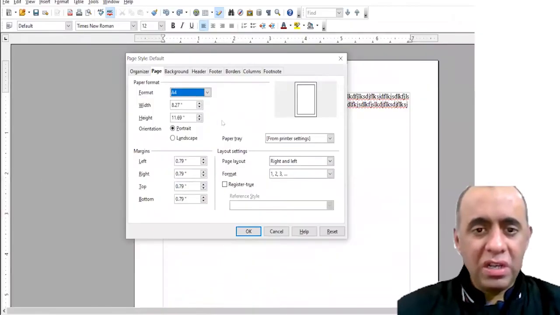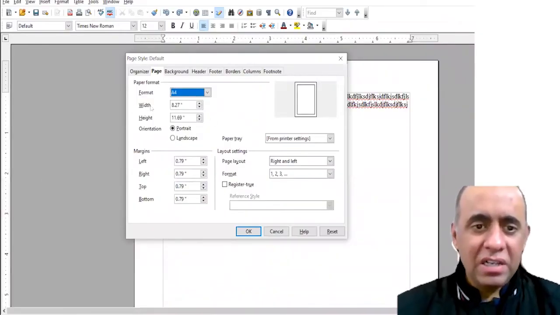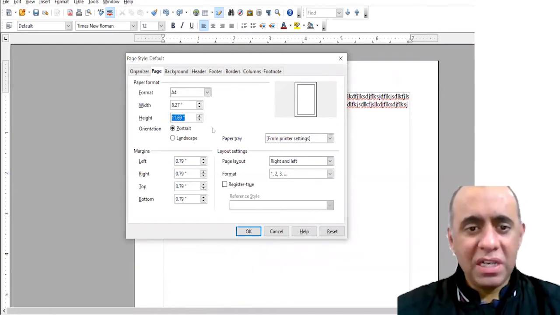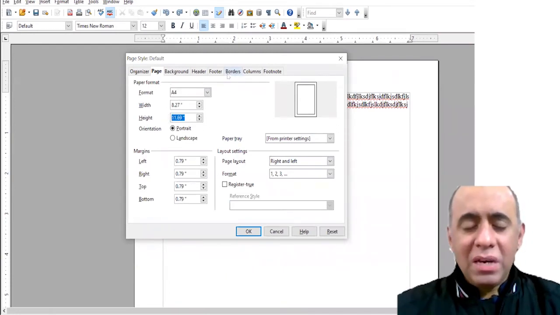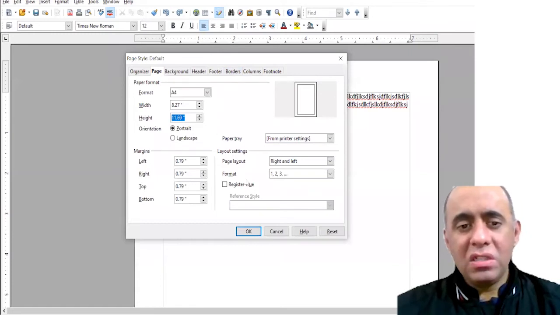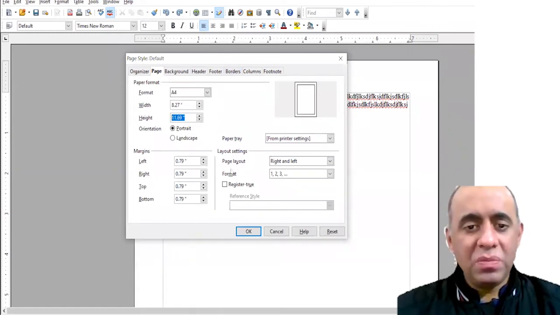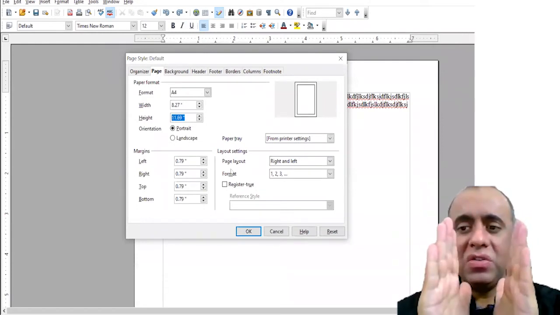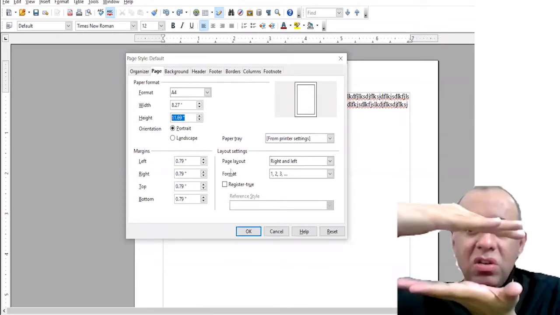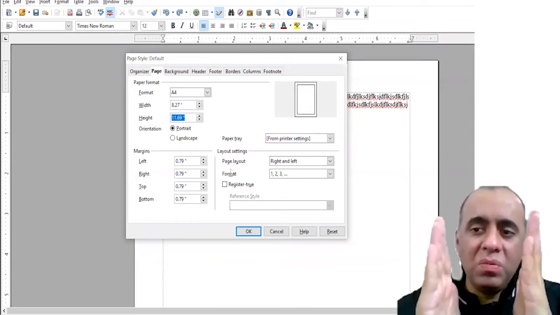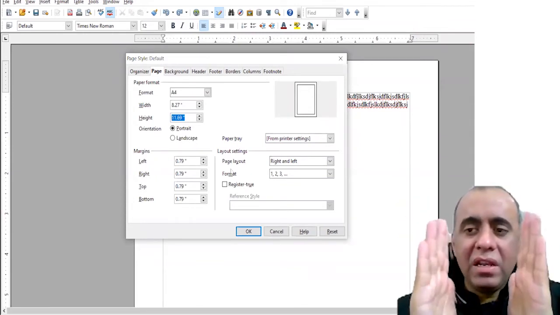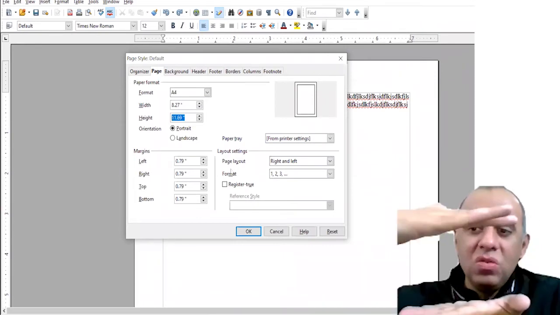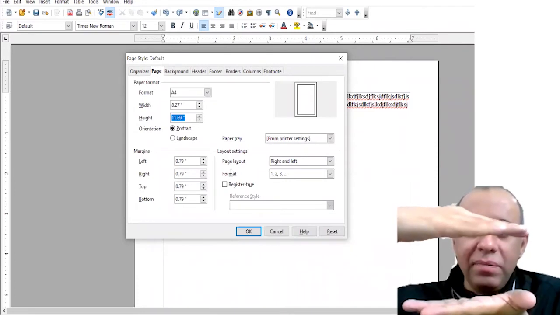So I would recommend that you use A4 size paper because this is the most common paper used here. Locally we use A4 size paper, and it has automatically changed the width and height of this paper size. Now, sometimes you're working on a project where you need the paper to look, instead of vertical, something horizontal, right? So this orientation is called portrait,